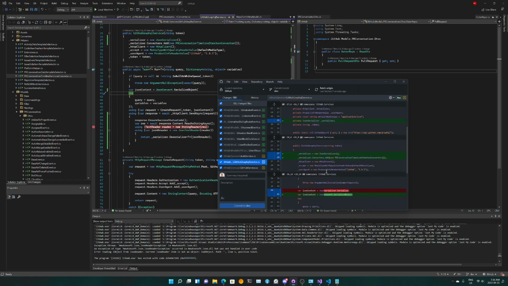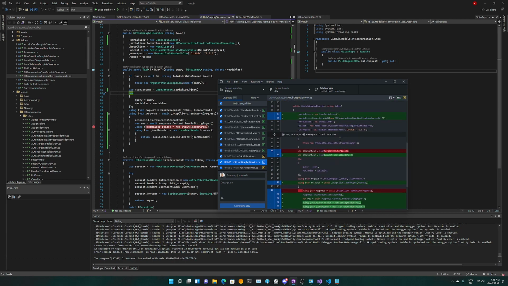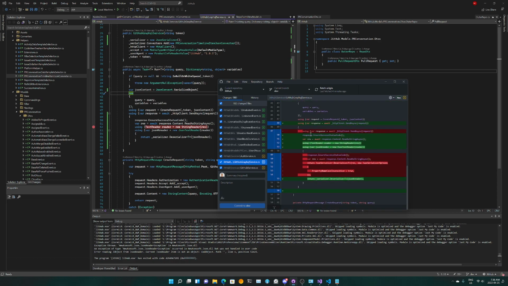So okay, it seems like this is where we are using Newtonsoft, and yeah, we're replacing it, right? So basically over here, instead of JsonSerializer.Serialize, we say JsonConverter.SerializeObject, and we pass in the same object. And then it used to be so easy. We just deserialized the thing with the serializer options, and what was the option again?